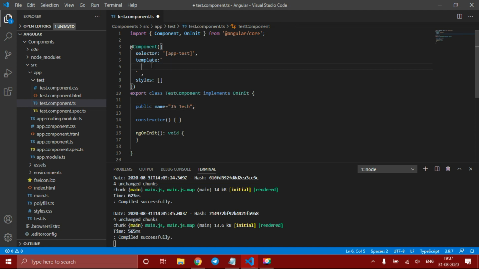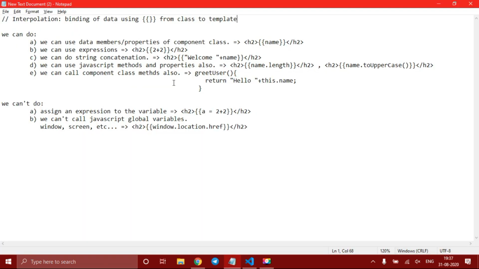So what I want is to represent the value in my HTML, in my web page. To do that, what we have to do is create an h2 tag. After creating the h2 tag, use curly braces and write the name property here. This collects the value of the property and prints it in the web page. So if we see our web page, we got the value of the property.